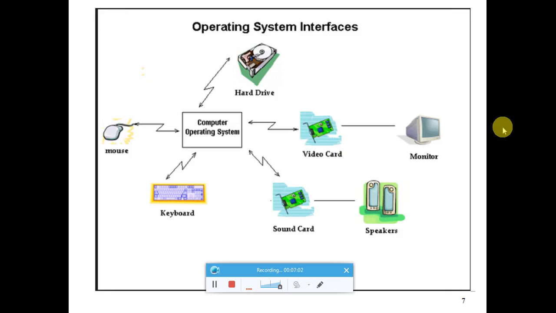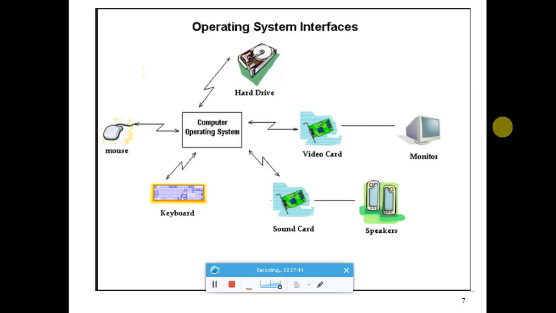Moving to the next slide, here you can see that I have provided a diagram where the interaction between the operating system and the different hardware devices can be visualized. Here the mouse, the hard disk and the keyboard directly interact with the operating system, and other devices like the monitors and speakers interact with the operating system through the sound card or the video card. The output that we receive from these interactions may be in the form of a document when we interact with the mouse or keyboard, or in the form of audio and video when the interaction takes place through the speaker, and the output is received by the user.